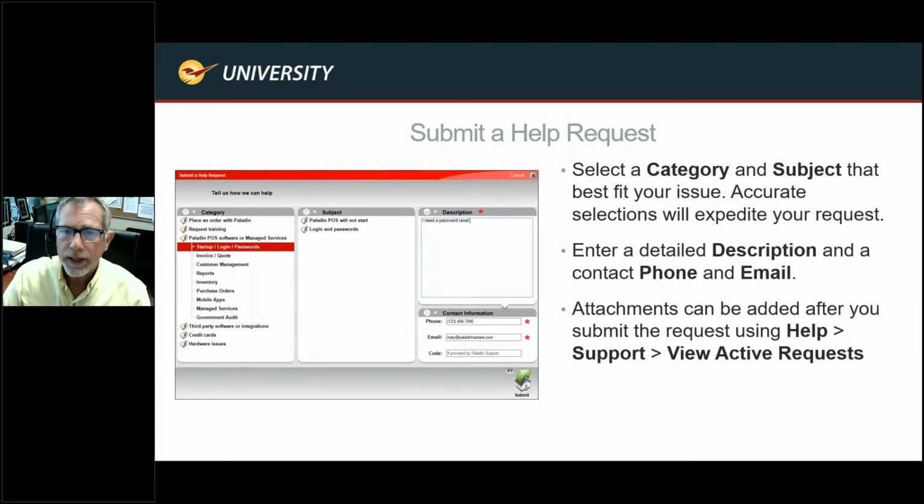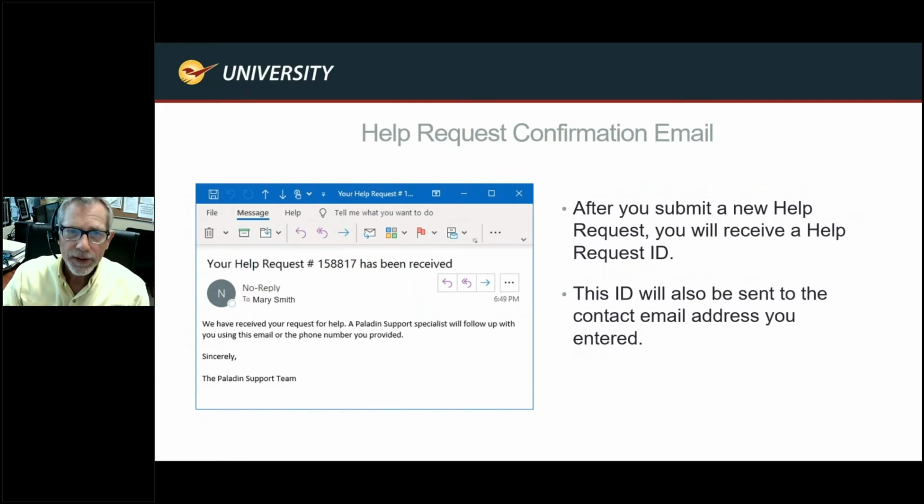Otherwise, this will create a brand new case in the system, and it will alert all of our techs at that time. You will then receive a help request confirmation email in your email box with whatever is tied to this particular account, and that's normally the store's email, in some cases the individual's. And this is going to be quite helpful for us. It gives us a lot of information about your store. We're not just receiving a help request.